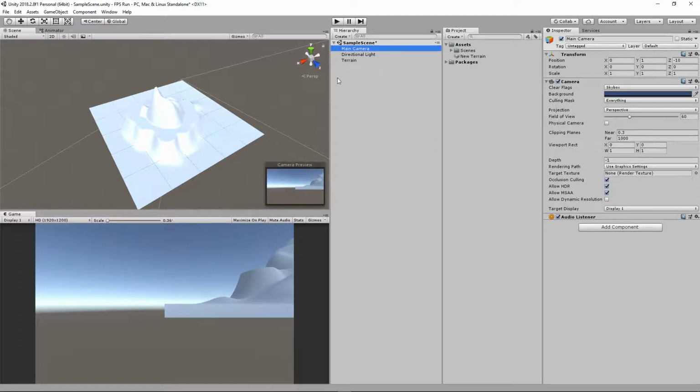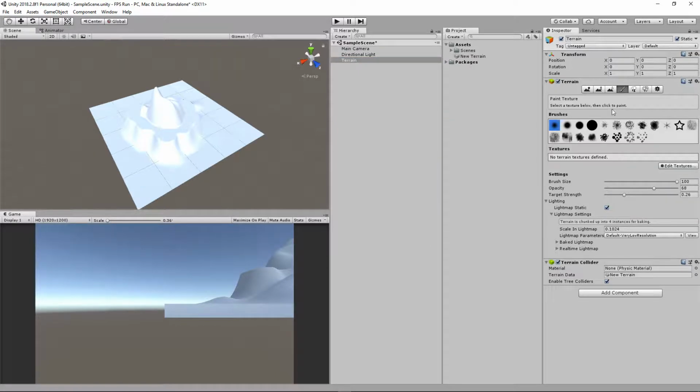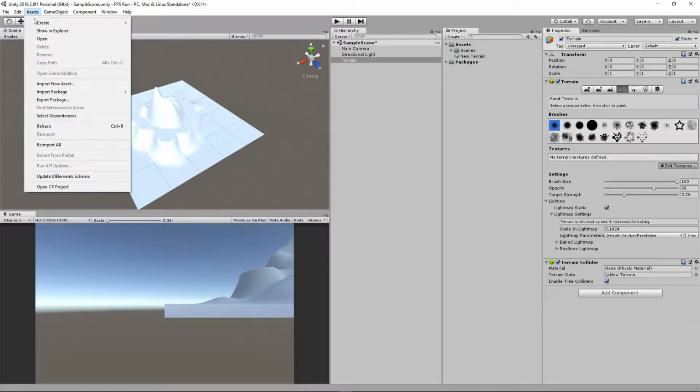Now I'm not going to worry about the camera too much for now. I know I can't see it properly down here, but we're going to replace that in a few moments, if you remember. So what we did was we tried to paint the terrain, and if you remember in class we had a look at adding a texture at this stage, and there were no textures to use. So what we did was we added an environmental package,